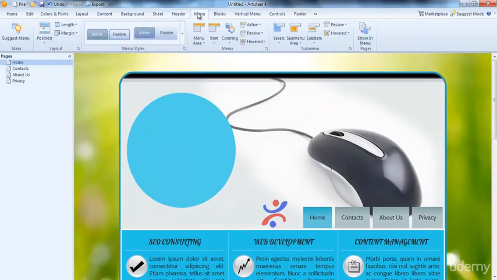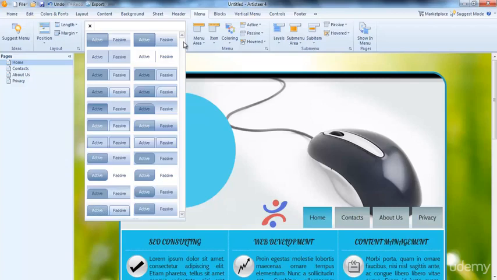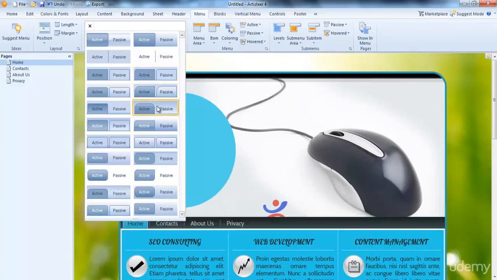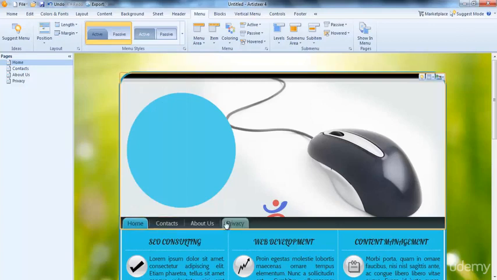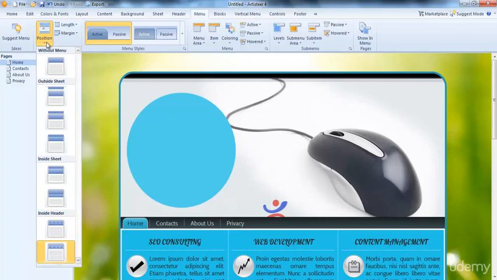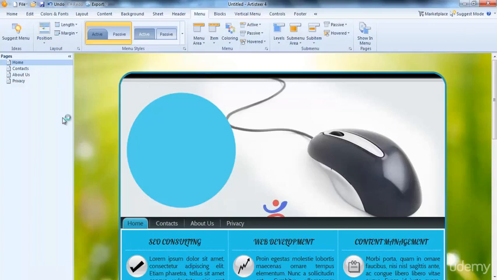Now let us move to the menu. For example, you can choose the style for your menus. Let me choose this. You can see. Or you can choose the position. For example, if you want this to be here at the top of the page, you can choose this.